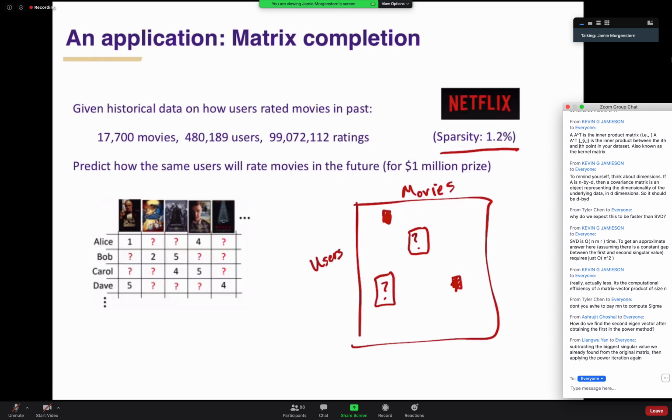And the short answer is, if we make absolutely no assumptions about anything, if we make no assumptions about the users and we make no assumptions about the movies, in theory, it could be possible that everyone's preferences for every movie are totally uncorrelated with one another. In which case, we could say absolutely nothing about the question marks in our matrix. However,